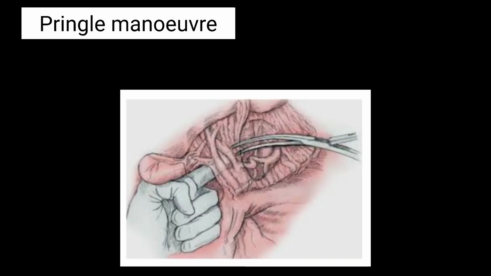The liver receives blood from the hepatic artery and portal vein. Both these vessels lie in the free margin of the lesser omentum. Bleeding from the liver can be stopped by compressing the free edge of the lesser omentum. This is called Pringle's maneuver. If bleeding still continues, it is likely that the inferior vena cava is also injured.